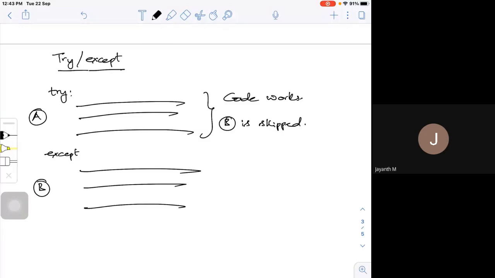I just go through A, whatever is written in that part, then simply go out of this program.